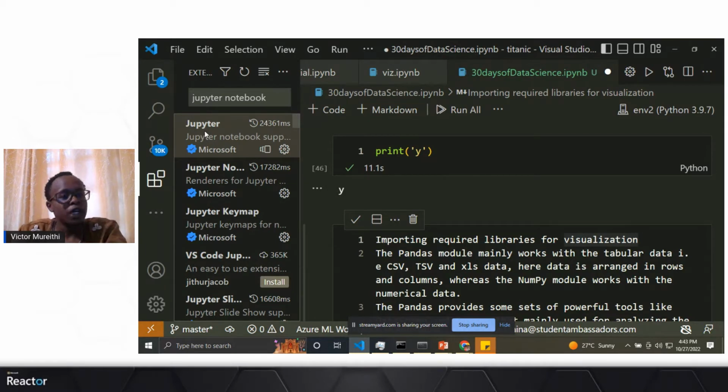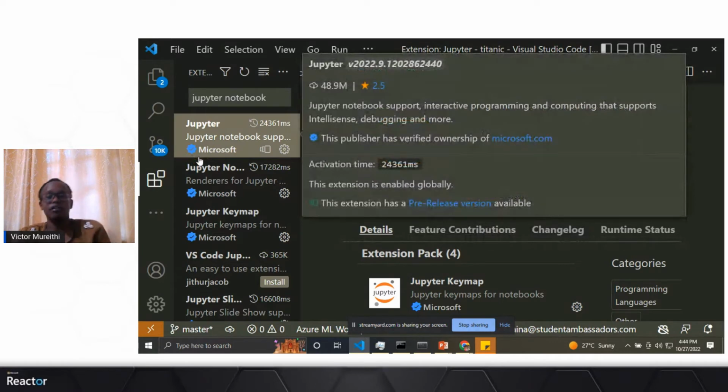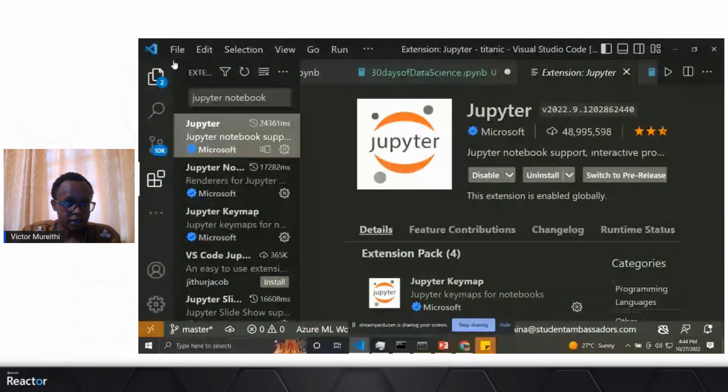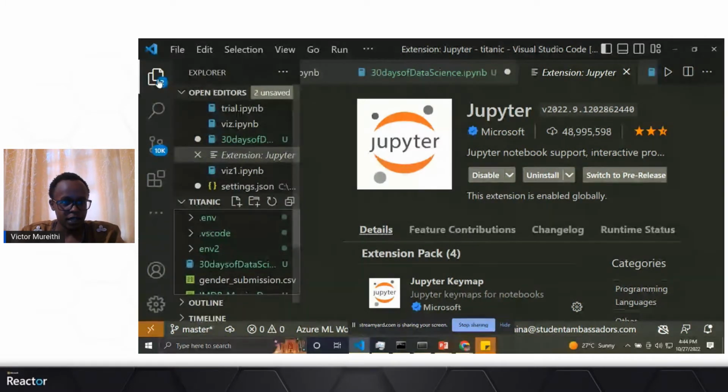So we are going to go to our presentation for today. As you can see here, my Jupyter is already installed. But if it wasn't installed, I'll just go here and click install. Next, you need to have Python installed in your computer. So mine is installed. I'm not going to install Python. So that said,